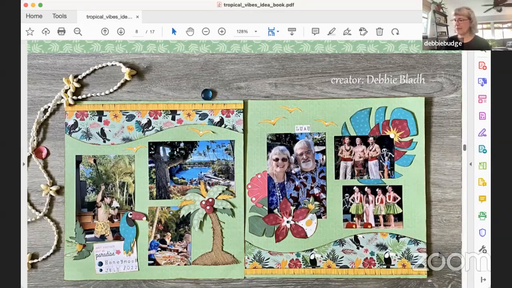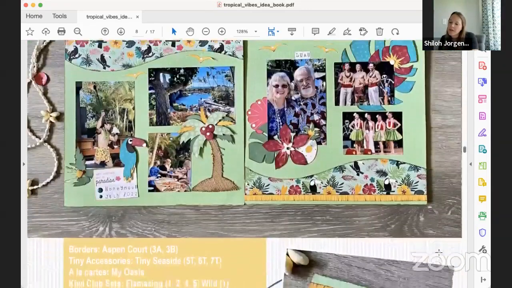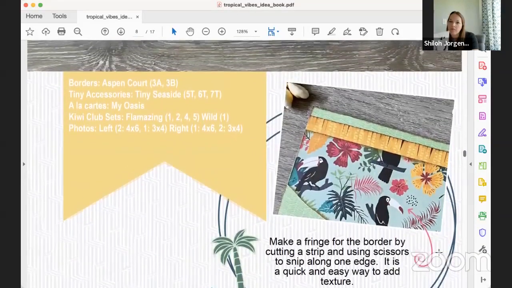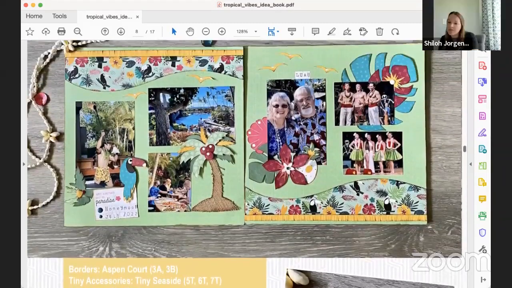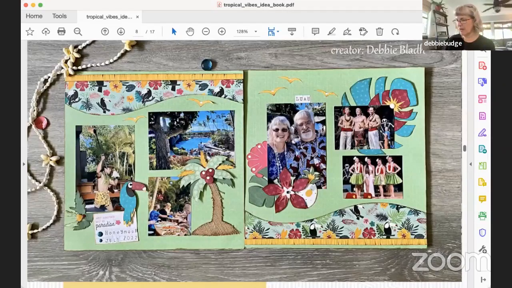Shiloh was holding that up, but there's some bursty bits. I don't know the technical names. Yeah, well, it's like a burst, but I think when we designed it, it was intended to give that kind of tropical flower center. Right. But then it could also be used as like a little sunburst or something. Right. Well, I used it for that very reason, kind of the middle of a flower.